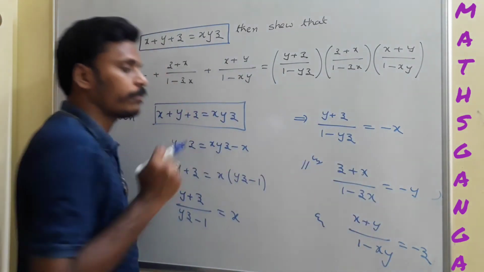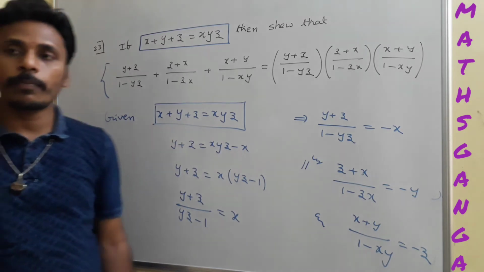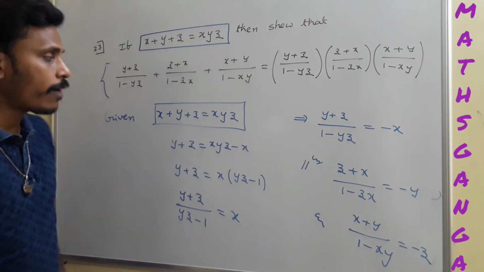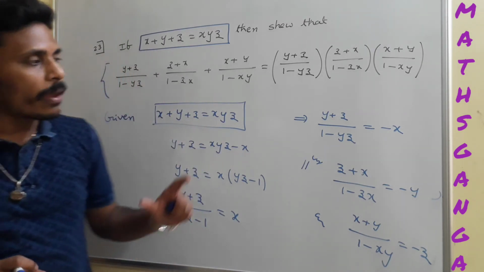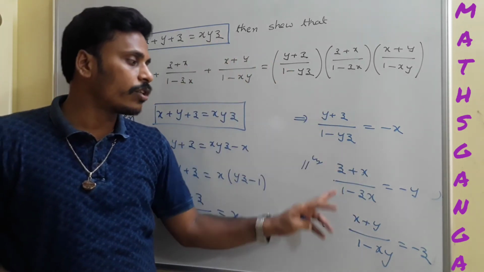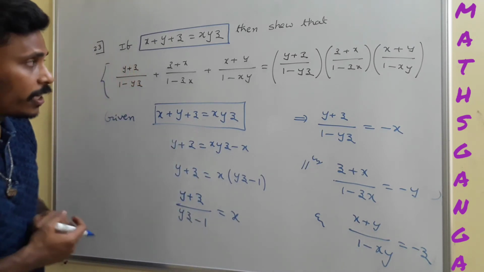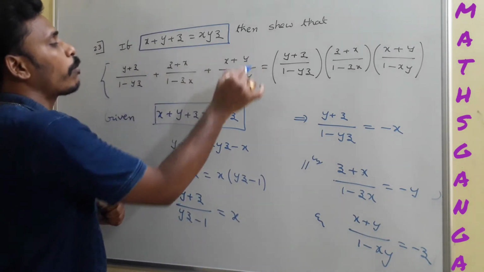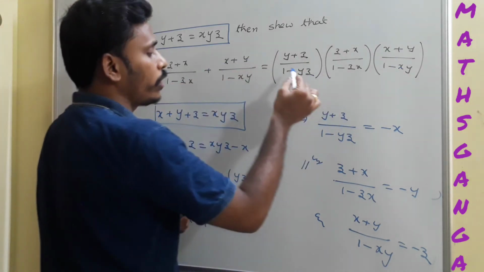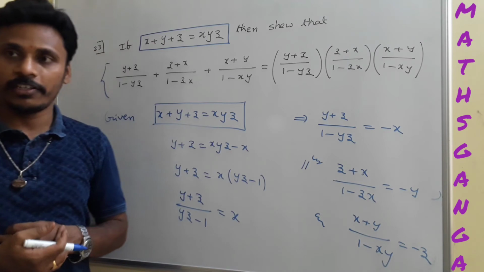Just look at these three. Very interesting. The given relation is x plus y plus z is equal to xyz, and from that relation, if you make minus x, minus y and minus z the subject, you will get these three expressions. Now, what do I need to calculate and prove? I need to prove the sum of these three is equal to the product of these three. Almost there, the problem ends if you have enough identification, right?